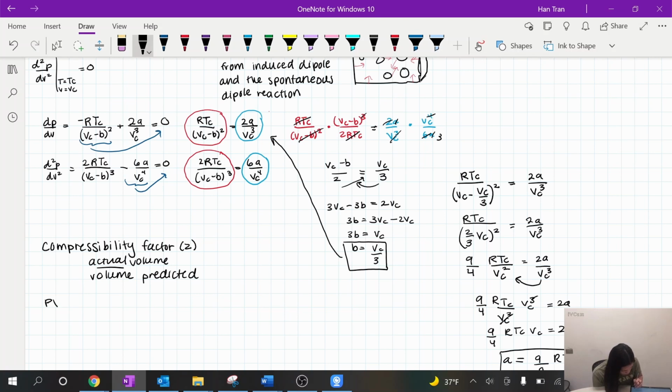So earlier we mentioned the ideal gas law, which is PV, pressure times volume, equals the gas constant R times temperature. Again, we're assuming volume is volume per mole, so the specific volume is volume per mole. So we can omit the N that is normally seen in the ideal gas law because it's just 1. And so